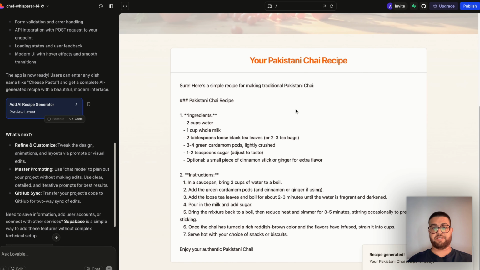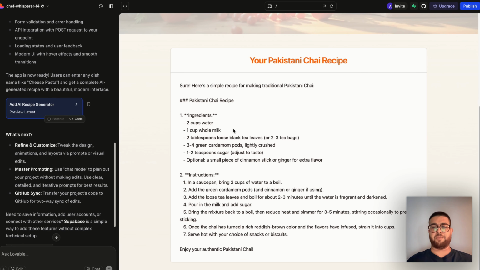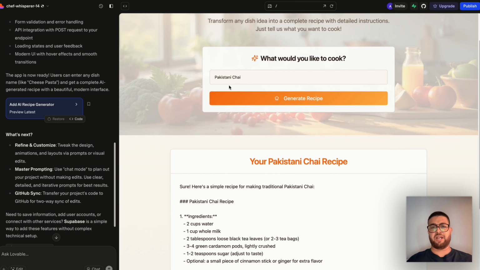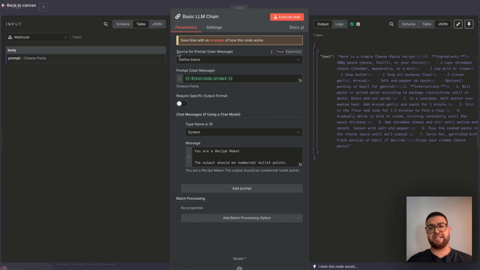You see, and you can adjust the output, like, hey, I don't want any hashtags, I don't want stars, as in the instructions. You can say whatever you want, because I kept the example very basic, so I don't want to make it more complicated. So look what we asked, Pakistani chai, that was the input. Every time the form is submitted, like pressing this, the whole input from here goes back to n8n. As you can see, the way we defined it, it goes within that.